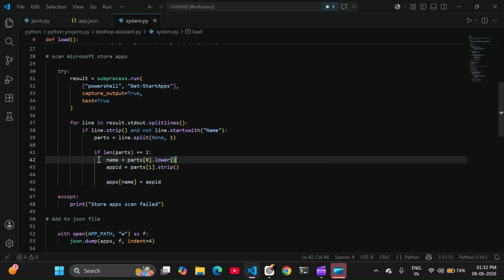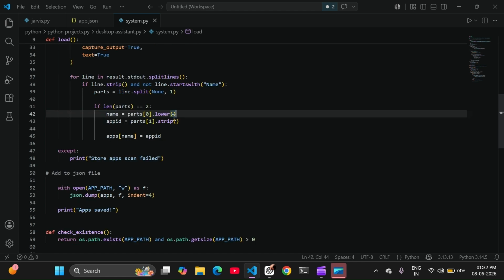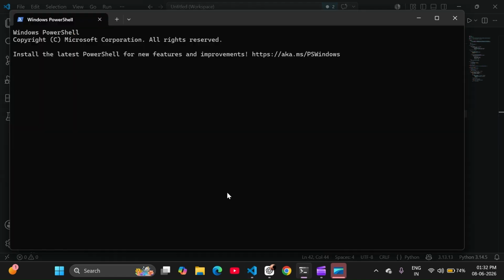Now we are checking if the length of the parts is 2, then only it will store that part. The zeroth index of that part is the name, and the first part is the app id. In Windows we have checked, it consists of two parts.